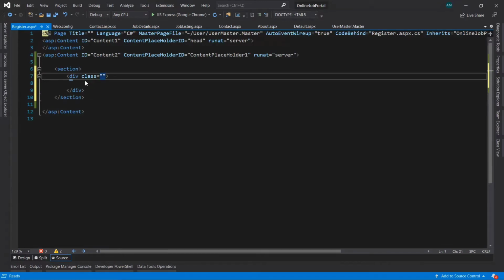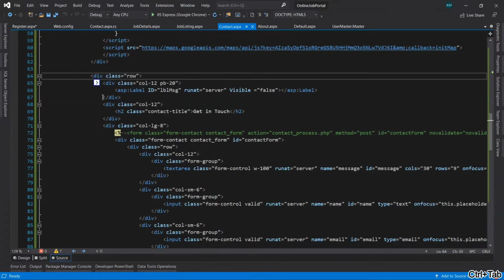If you know Bootstrap, then you know it starts from container, then all the rows and columns we have to take inside it. So the class container I have taken here. I want some padding from top and bottom, so I'm using pt-50, which will give padding from top 50, and padding from bottom, let's say 40.